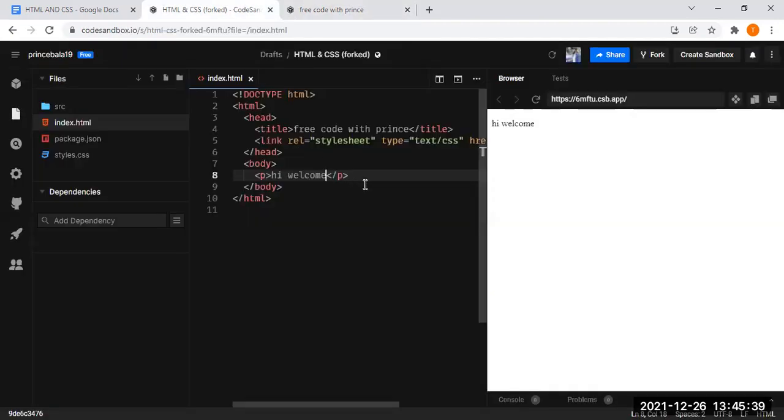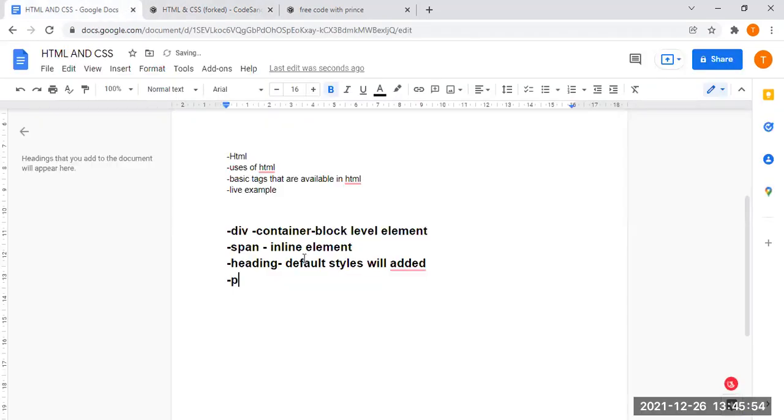You can use it when you want to use a paragraph tag. You can also go with the paragraph tag if you want to write paragraph-like stanzas. The paragraph tag also uses predefined styles, but the only thing is there is no font weight and no font size. That is the only difference between the heading tag and the paragraph tag.